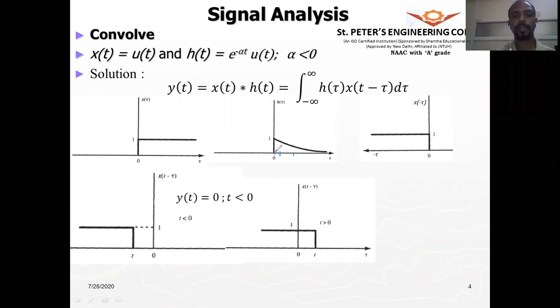So what will be the overlap? If it is here, then the overlap is this much region. If it is here, the overlap is this much region. When it is here, the overlap is this much region. So this is the region of overlap. Here, there is no overlap of both the signals, right? So this much is the region of overlap, and here the product is non-zero. So this will be our region of integration. Your new region of integration will be within this region. All right, so that is the operation here.